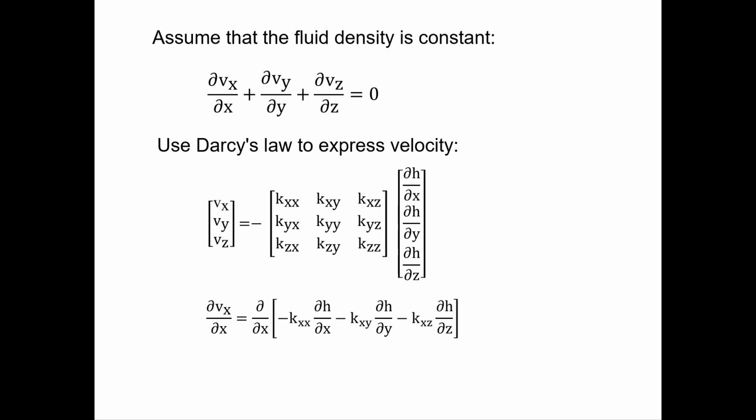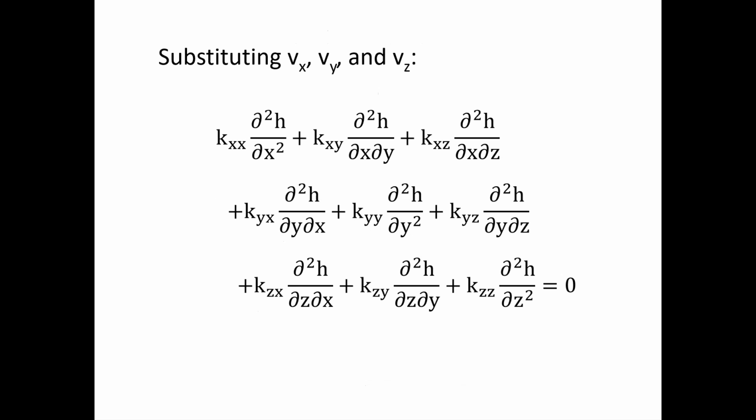And so if we take that derivative, we end up with this expression shown here. So it's minus kxx times the second derivative of h with respect to x, but minus kxy times del squared h del x del y minus this kxz times del squared h del x del z. And if we do that for Vx, Vy, and Vz, and if we add all these terms together into that equation, we end up with this